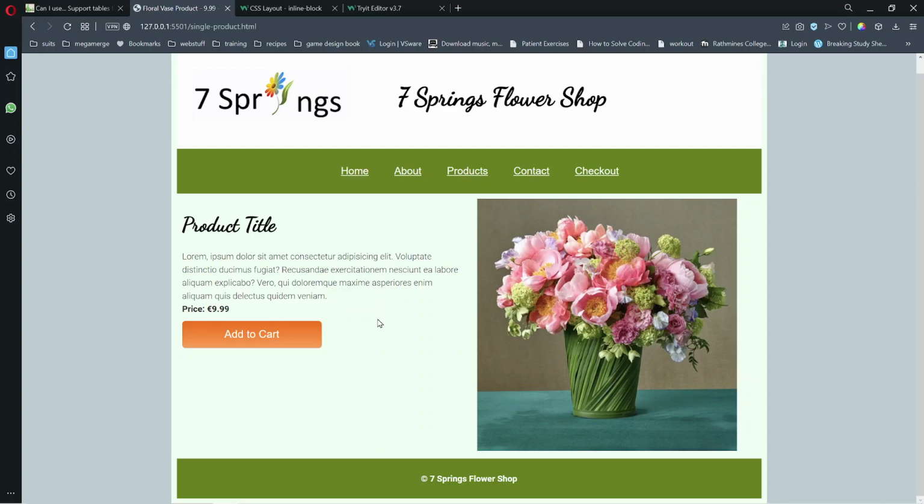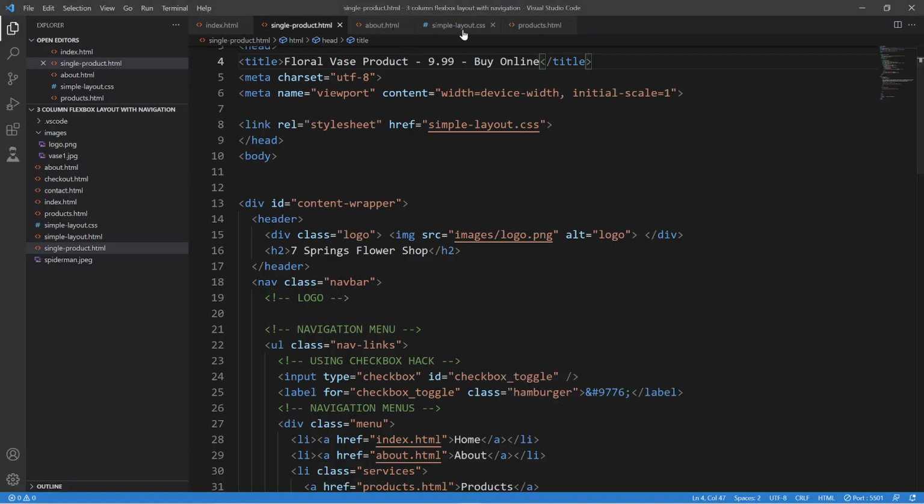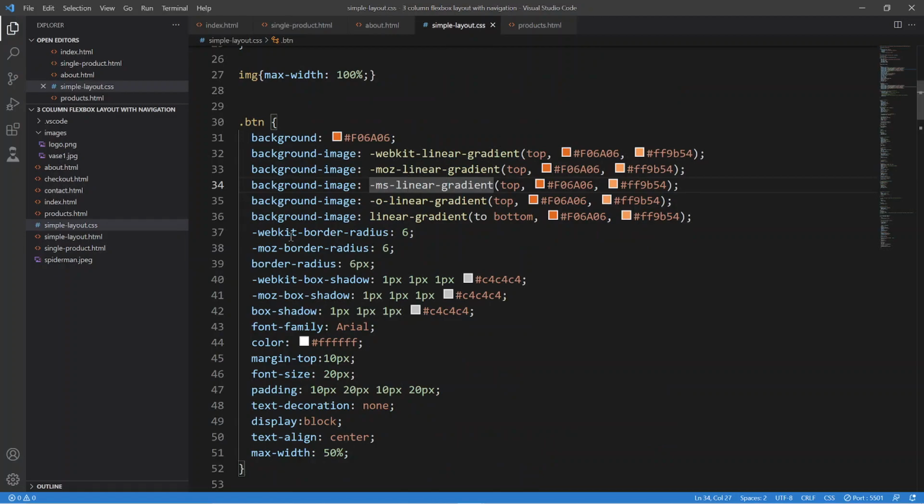In the last tutorial, part 2, I talked about how you could make this gradiated button, and I said some of the CSS was redundant. That is true. Some of the CSS can actually be taken away from our file, so let's look at that. Here's the CSS. You'll see I've quite a lot of duplicated CSS for this linear gradient and for this border radius